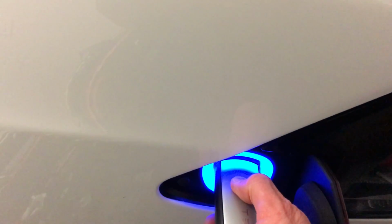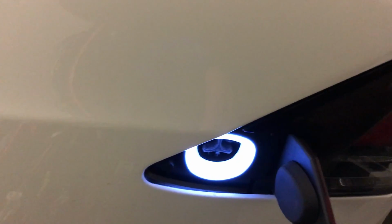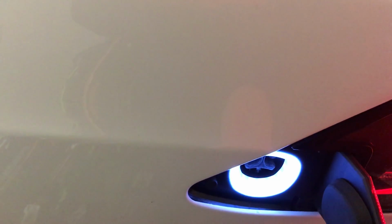So let's go to the Model X. A little tight in here. So watch, I have the key on me, so it takes a few seconds to do that. It's just not as quick. Not a big deal, but just not as quick. Do it again here. Here we go, so it's charging. Disengage. See, just not as quick. Yeah, I'm being picky, but